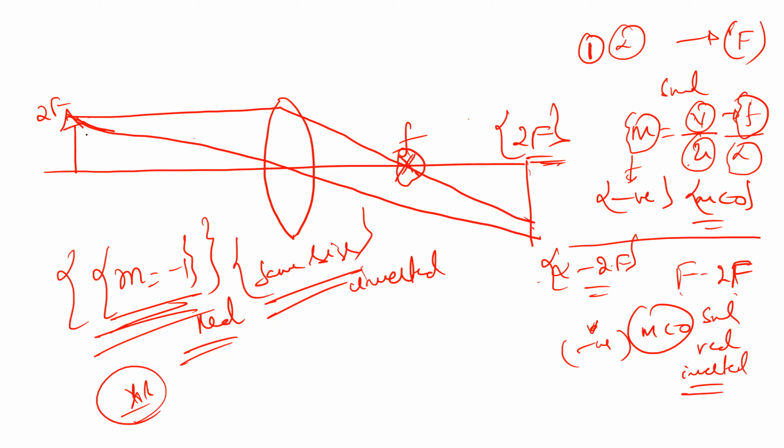Okay, sir. When you make it 2f, exactly the center of curvature, the image will also form at the center of curvature. Inverted, same size, real. Okay, shall I go ahead? Yes, sir. So now it has come to 2f. When the object comes to 2f, there the image also went to 2f. Then you see here, it's easy to remember. Now you can make notes out of it.